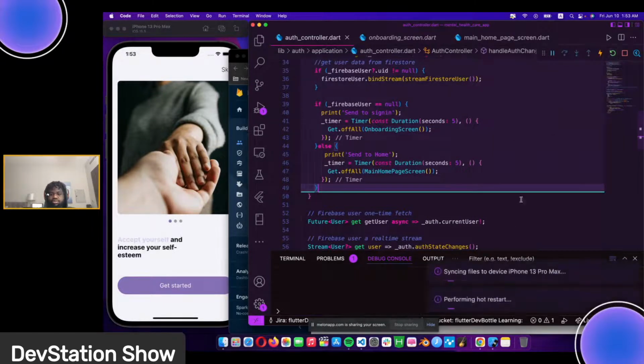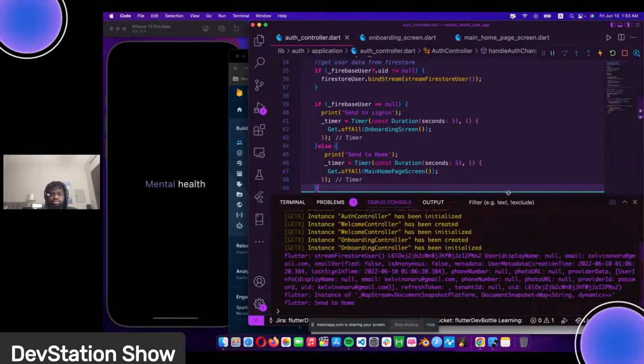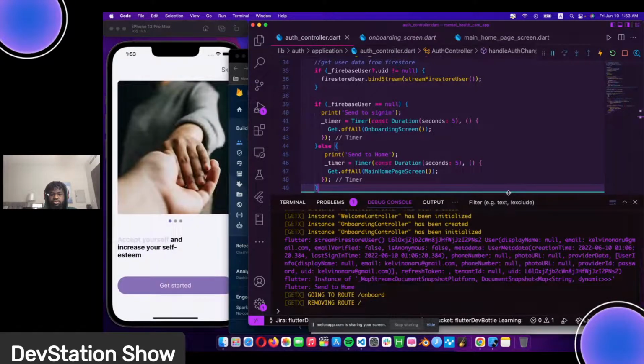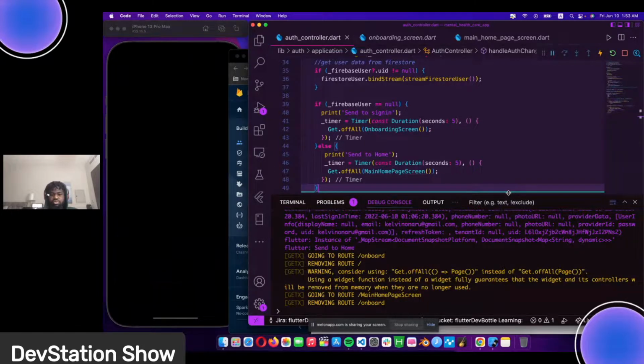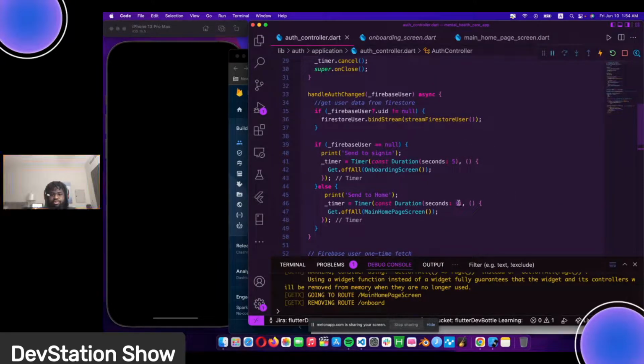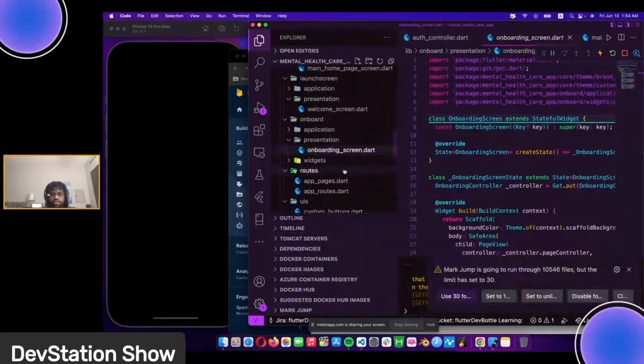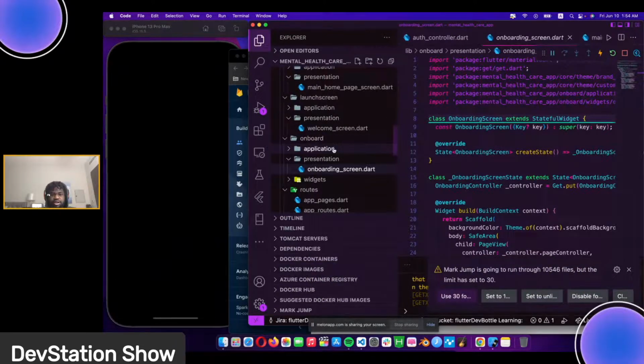Let's try this again. Okay, it's working. So it's basically pushing the user to the... I think one way we can actually fix this, I think I did in my other